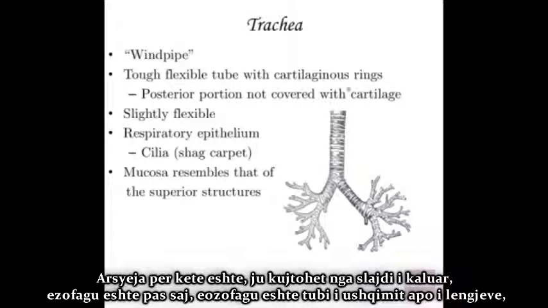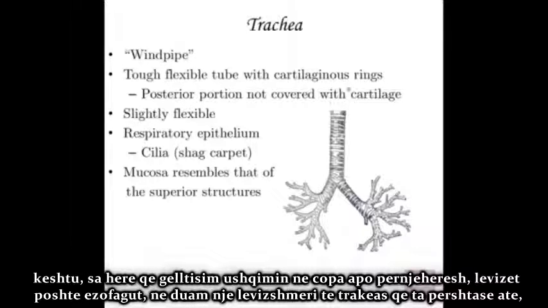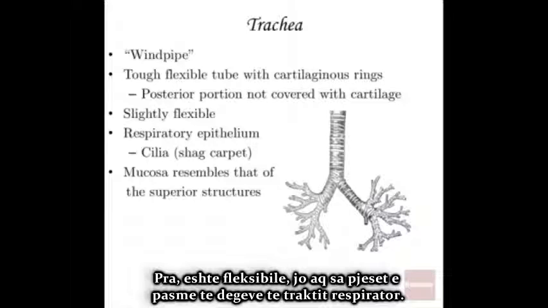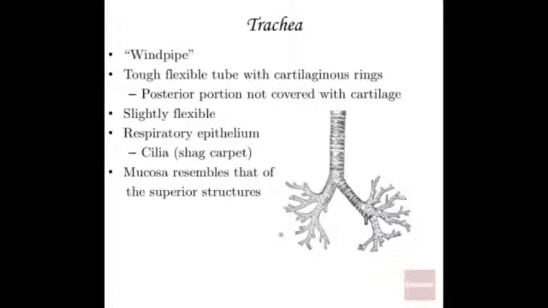And the reason behind that is, if you remember from the previous slide, the esophagus is behind it. The esophagus is that food tube or liquid tube that's posterior to this. So every time you swallow and a chunk or bolus of food is being moved down your esophagus, you want slight flexibility for your trachea to accommodate that. So there's slightly less cartilage in the posterior portion so that there is a little bit more flexibility when you do swallow something. So it is slightly flexible, not as much as these more posterior parts of the respiratory tree. We're going to get to that in a bit.